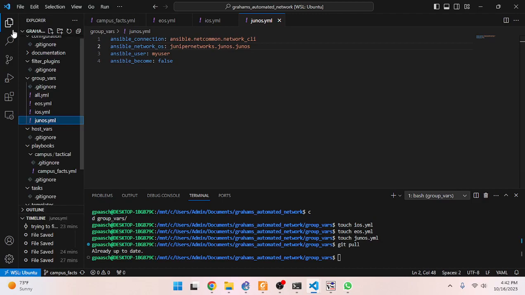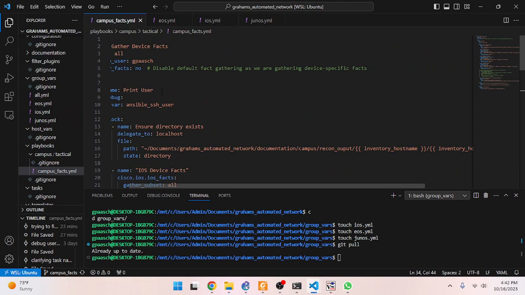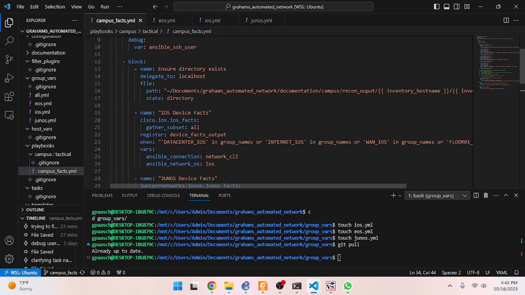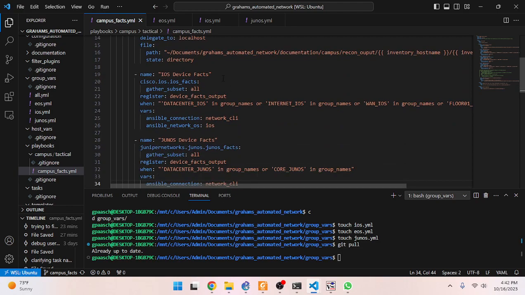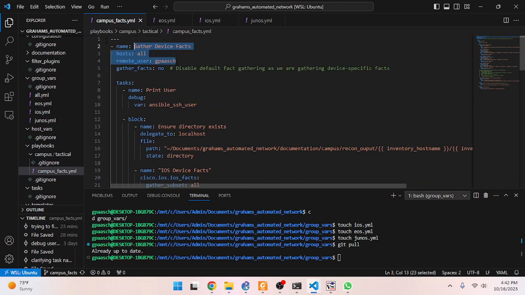Gather subset. Yeah, so I've got this right. There's stuff that's going right. The only thing that's going wrong is it's ignoring the